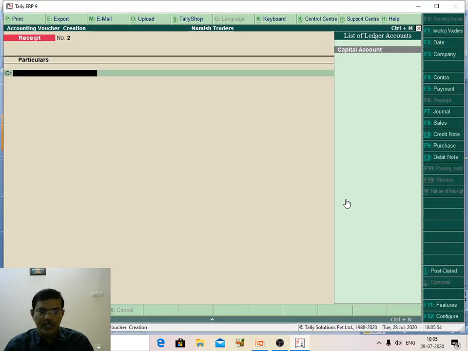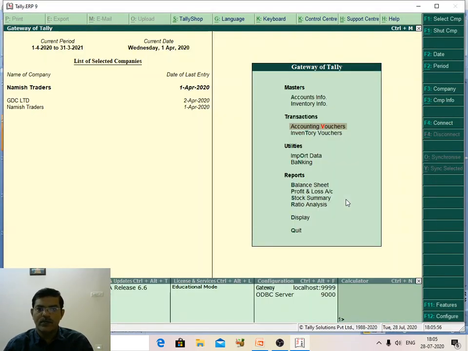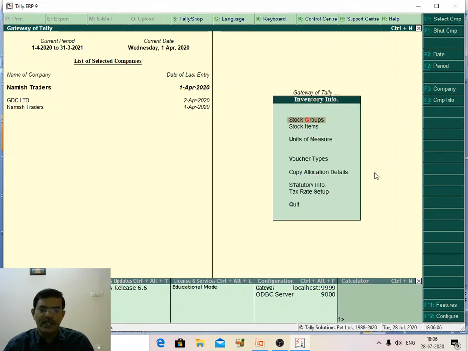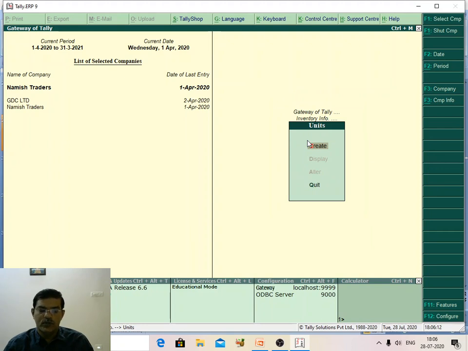So how are we creating the inventory master? Go to Gateway of Tally, inventory info. Before creating the inventory stock item, I am creating the unit of measure. What is the path?